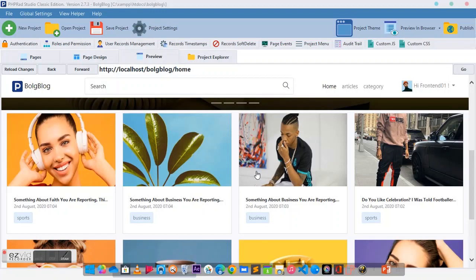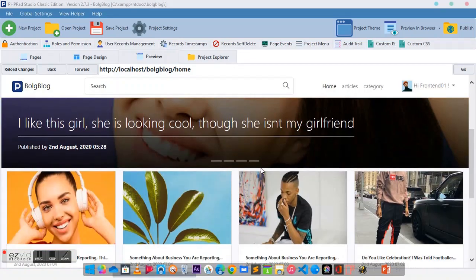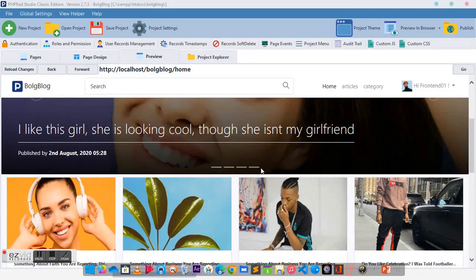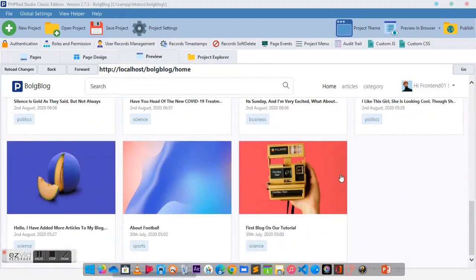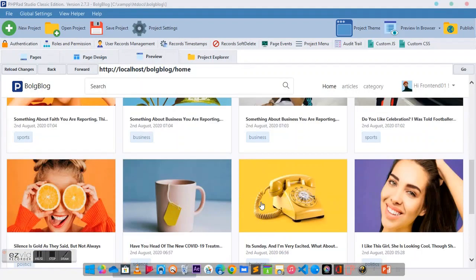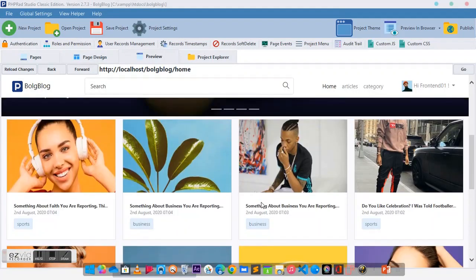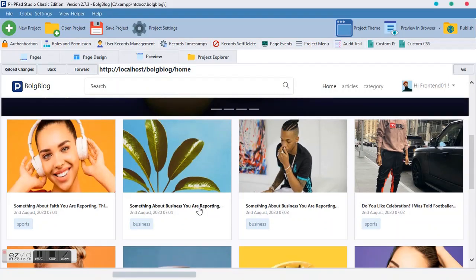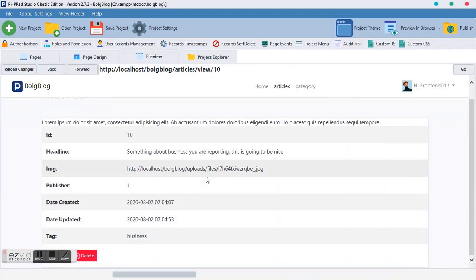Alright guys, welcome back to PHPRad front-end development. We are using blog as a case study for a long time now, and we have been able to do this. We started from our navbar and we ended at the blog list, which is in grid form. And in today's tutorial we are going to look at how to design our